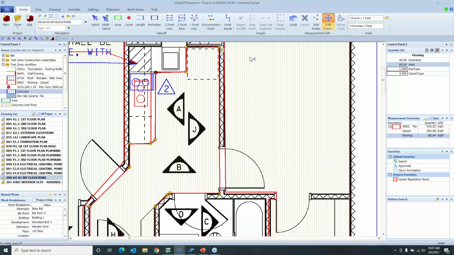Okay. So with the construction industry, it's synonymous with change, meaning revisions and changes happen consistently. We want to offer you a way to keep up with those revisions and changes. One of those ways is comparing those old plan sets to those new revisions. Now, as you notice right here,